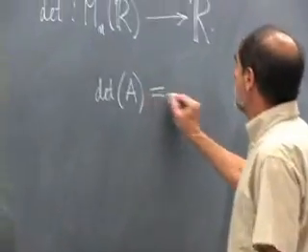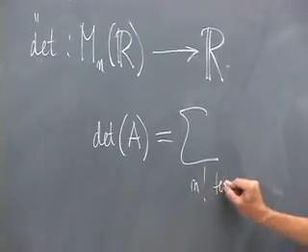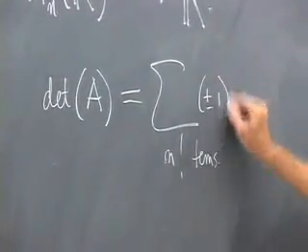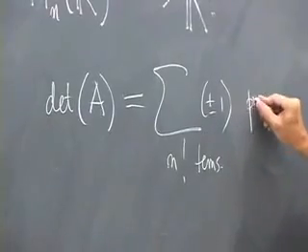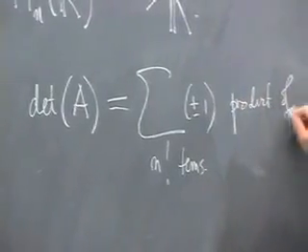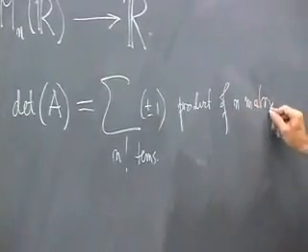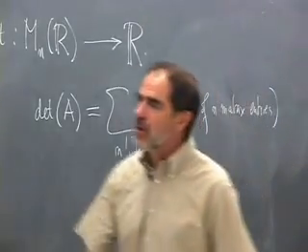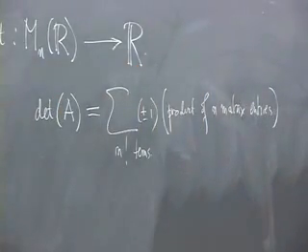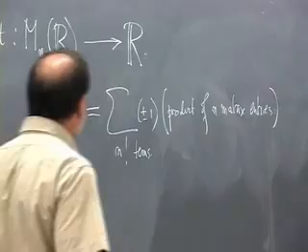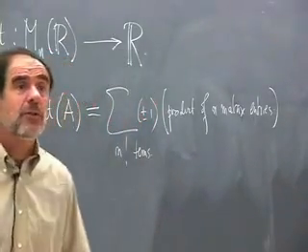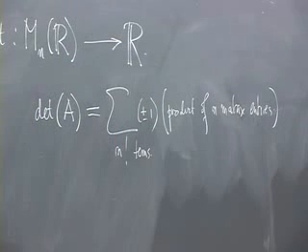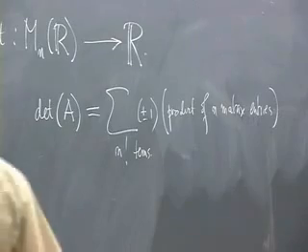The determinant of A is a sum over n factorial terms with a plus or minus 1 in front of it, and then products of n matrix entries. So n factorial here is just 2 terms, but if you go to a 3 by 3 matrix, there are 6 terms in the determinant expression. 4 by 4, there are 24 terms. In short, it's a useless formula, because once you get to 10 by 10 matrices, you don't want to be dealing with 10 factorial terms. Nonetheless, there is such a formula, and the key fact is